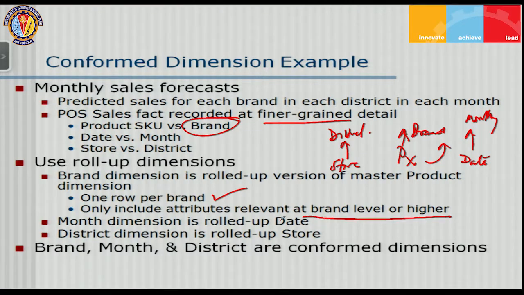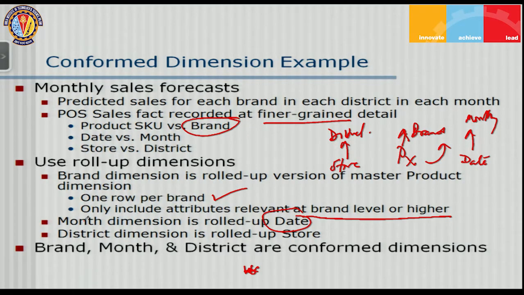And month dimension is a roll-up of date. So when I use month instead of date, weekday, weekend, special event, all those things would not apply here, right? So I'll have to remove certain attributes from the date dimension to come up with the month dimension. And similarly, whatever